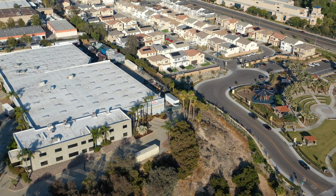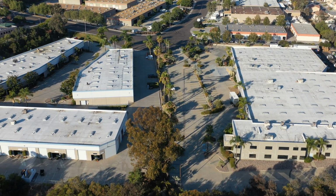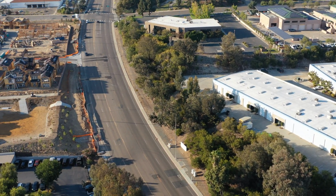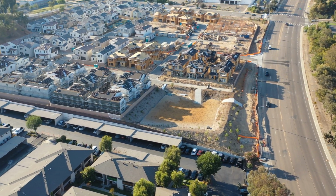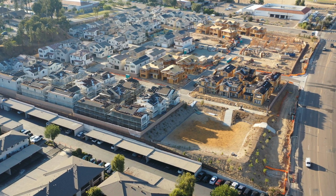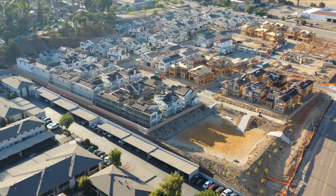And now we will turn around and look at the Aventine housing project by Lennar Homes. The Aventine housing project is where the Family Foods shopping center, or I should say parking lot, used to be. The Family Foods shopping center went out of business years ago, and